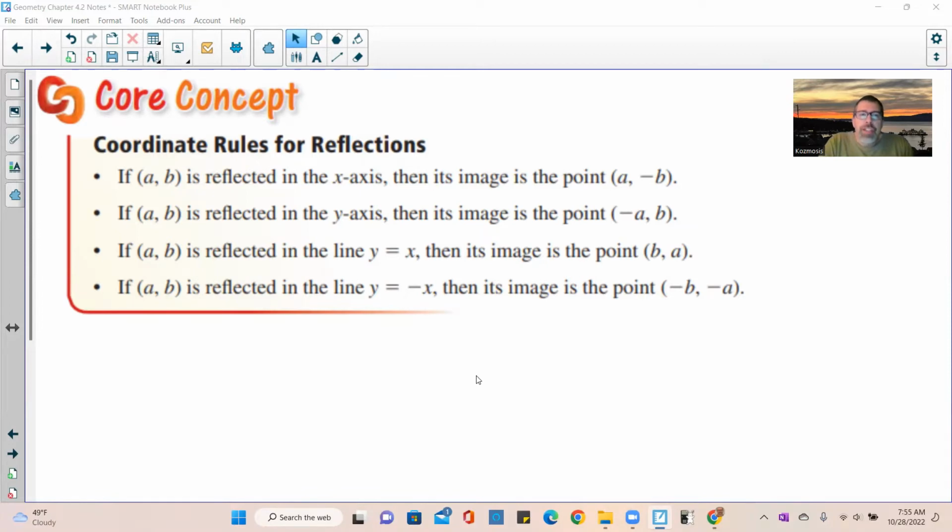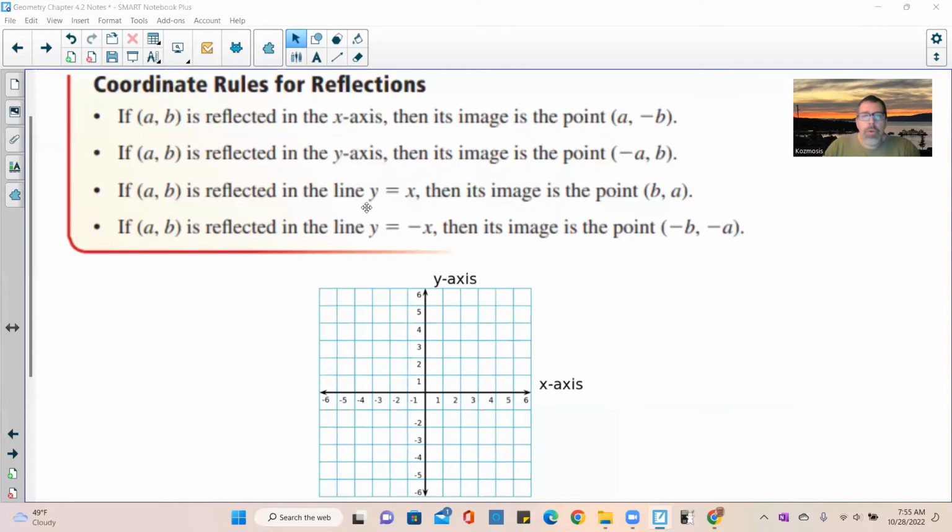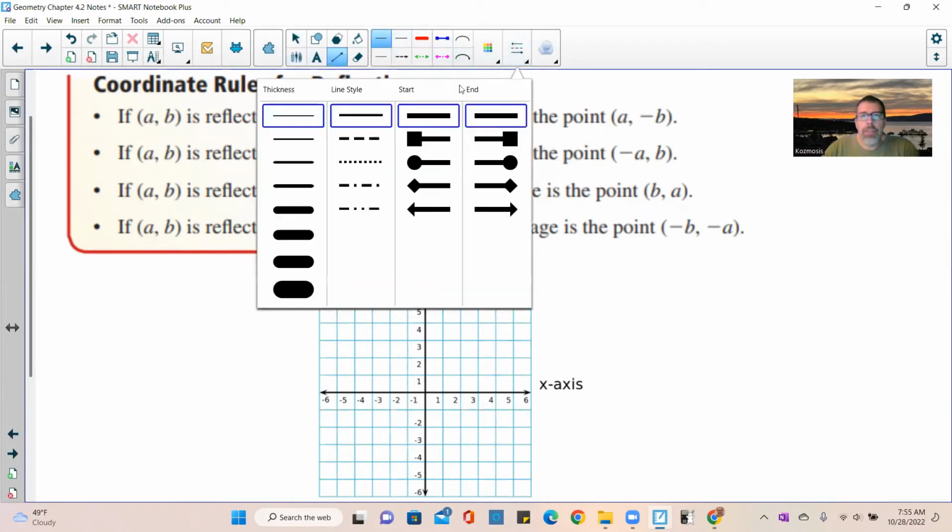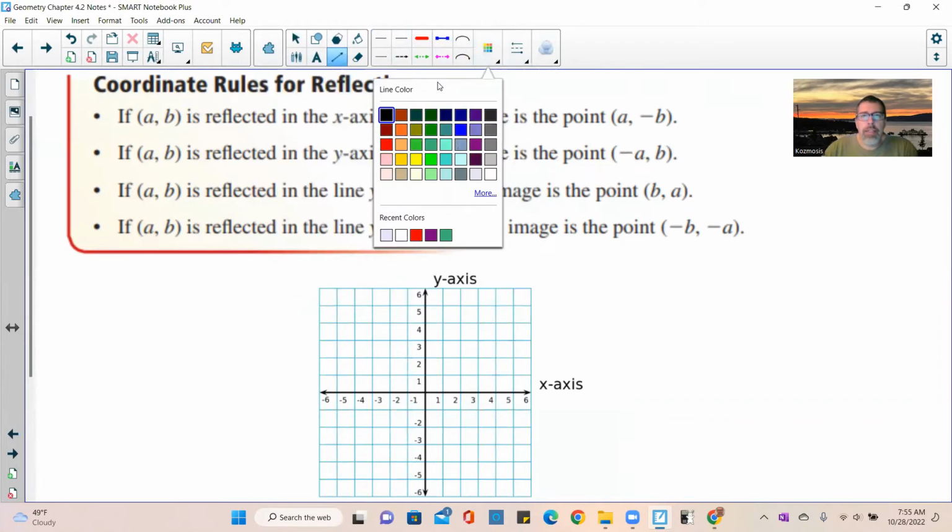Coordinate rules for reflection. If a point A,B is reflected in the x-axis, then its image is the point A, negative B. Okay, I want to explain these more in detail than what they say here. Okay, so here we go. If the reflection line is the x-axis,